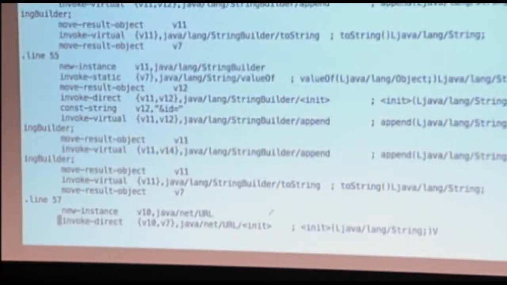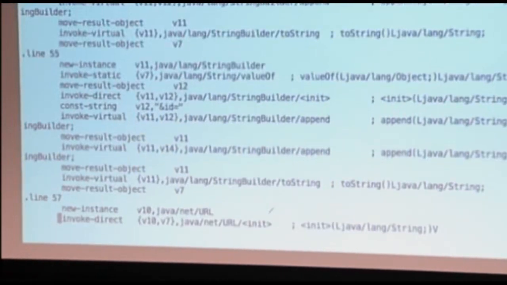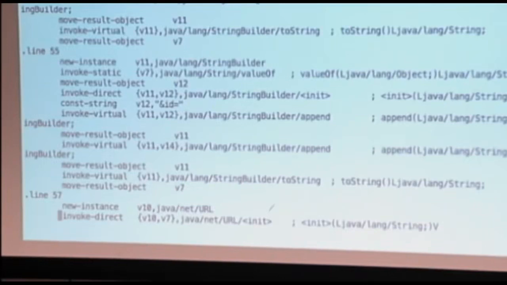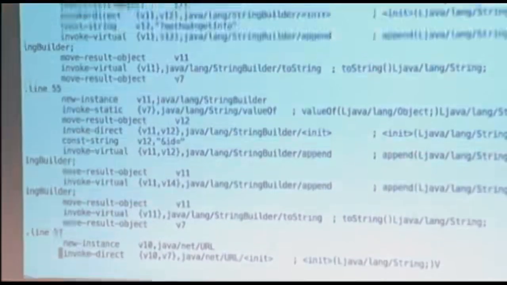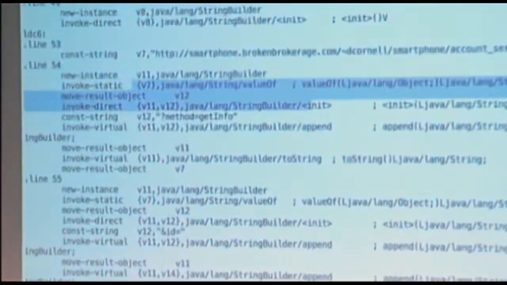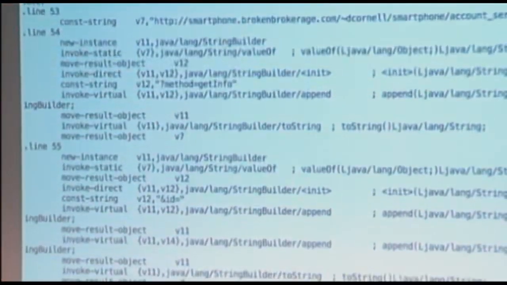And it's pretty easy. I mean, it's not as nice as looking at Java code on its own, but it's pretty easy to follow the flow of what the application's doing as you step through different things. And so you can see as you create variables and initialize them, and we build a string there, and down